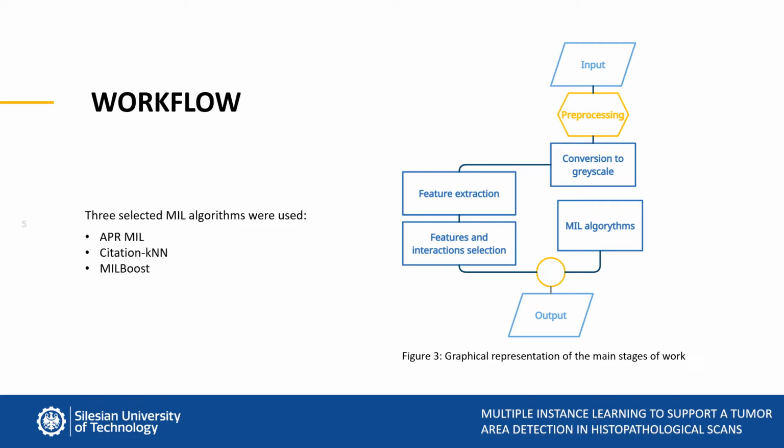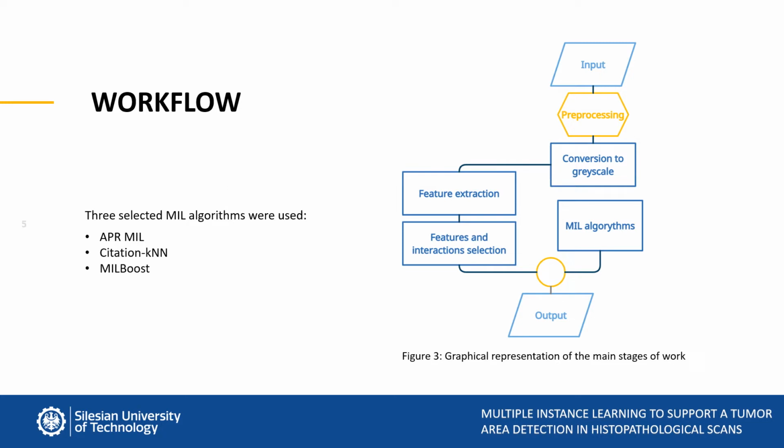After that, feature and interaction selection was performed. The variables obtained using the PyRadiomics library were prepared according to the description of the input file specified in the Broadside software. Thanks to that, it was possible to determine a set of informative features that served as input data for multiple instance learning classifiers. The interactions between features were created by multiplying the selected variables.